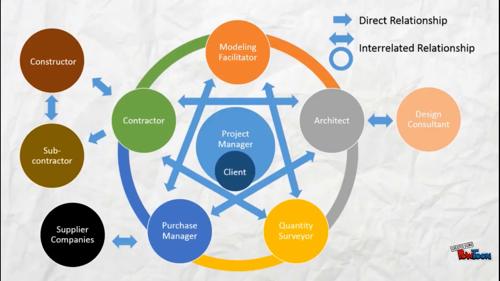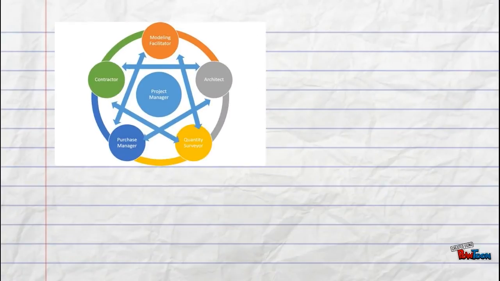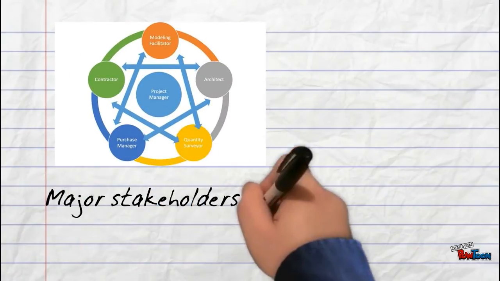So here comes our organization chart. As you can see in the chart, an arrow will represent a direct relationship, but a reversed arrow and a circle will represent an interrelated relationship, which means that they will discuss, coordinate and communicate together to get the final result. To discuss their functions, firstly, for the circle, they are the major stakeholders that will coordinate and cooperate